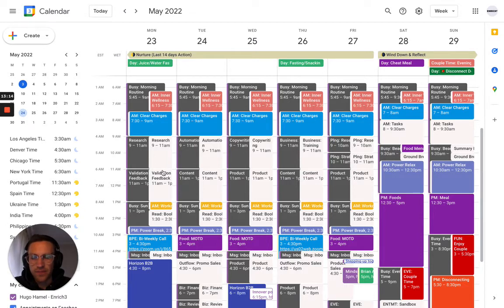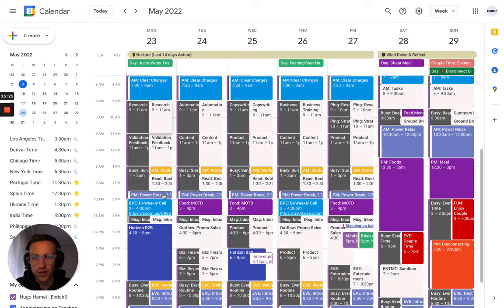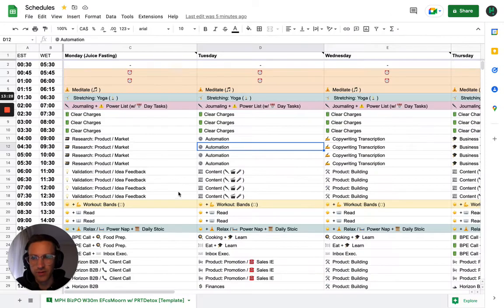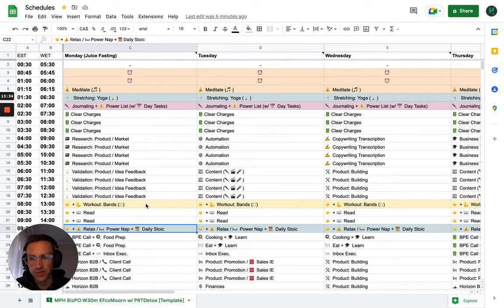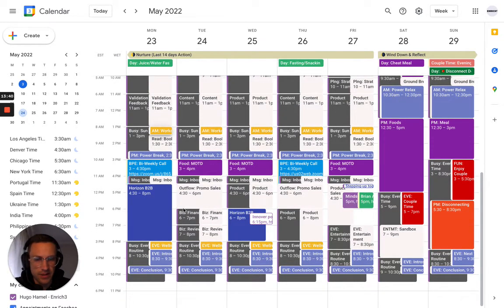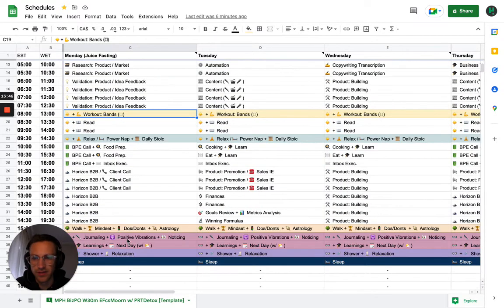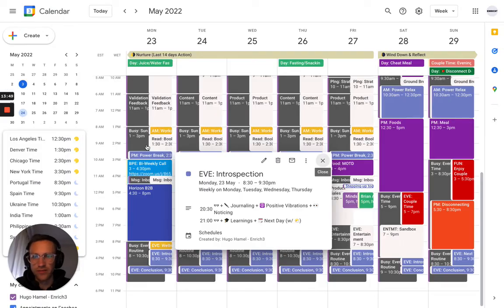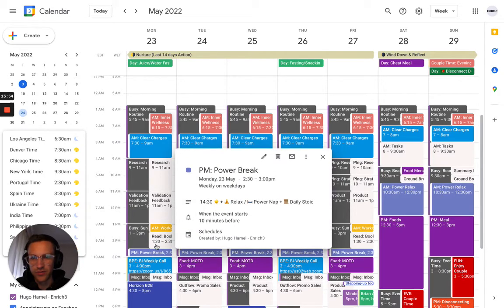So yeah, that's how I transfer all of the information from this spreadsheet to my schedule, my calendar. Then I put colors. For power breaks, same thing here, more like relaxation, then workout. I follow the same colors I have in the spreadsheet, as you can see. Same thing here, introspection, these are grouped. And the way that I named some of them, you can see there's AM, morning, PM, afternoon, and